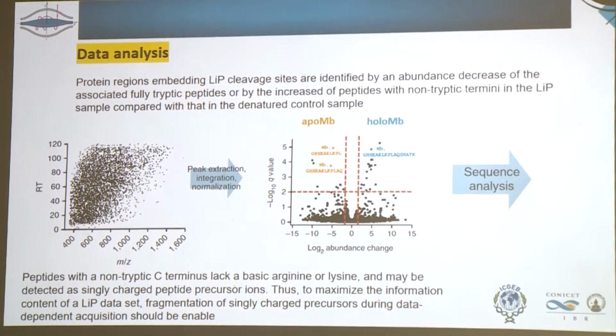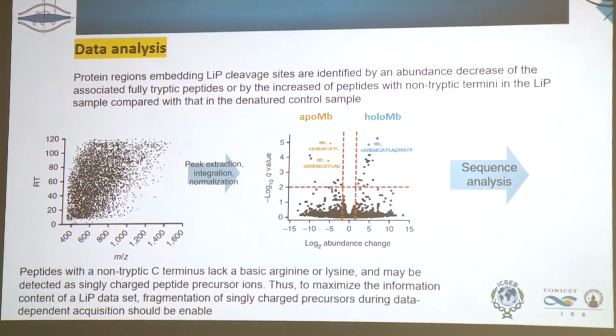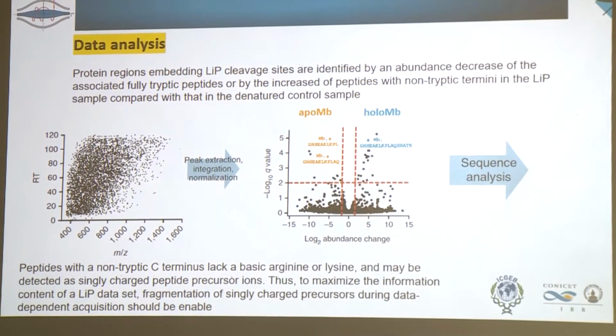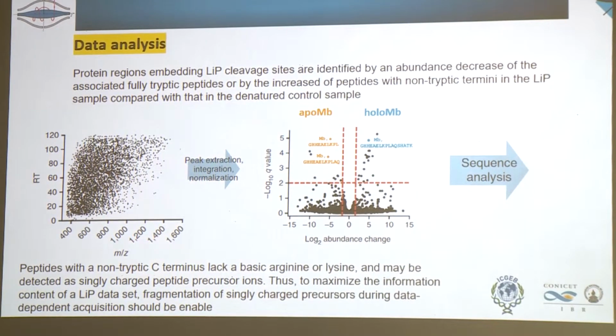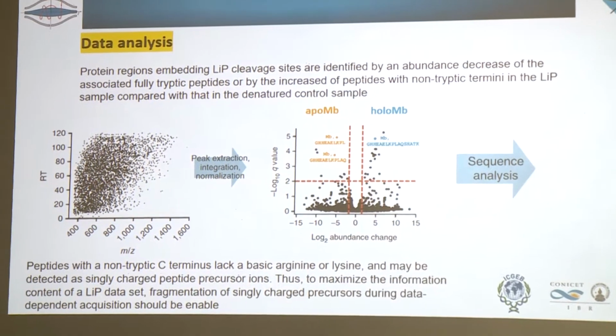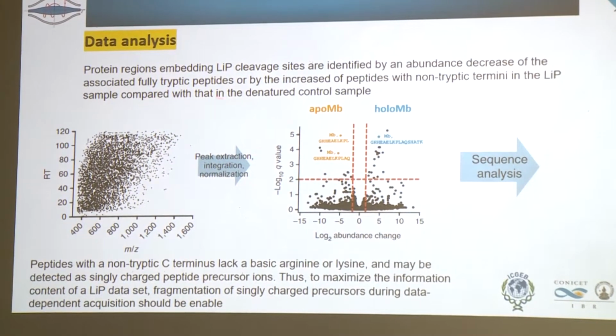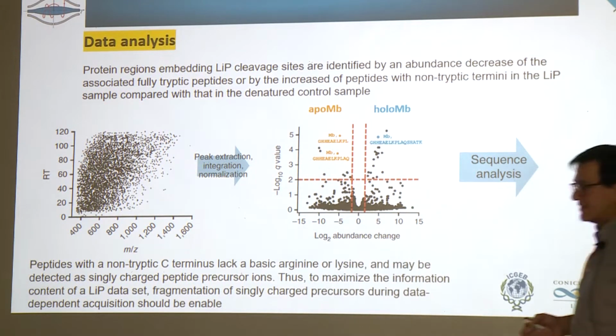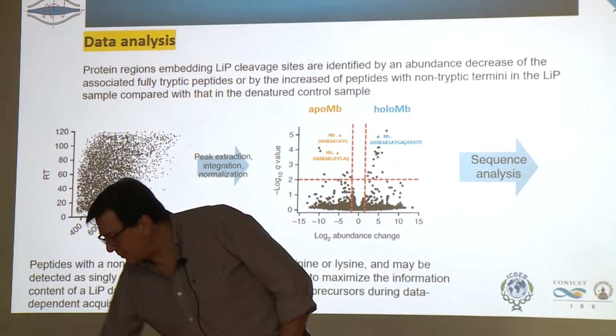So this is only an example. It's not real data. It's simplified to understand what we are talking about. So you have here data of myoglobin in its apo and holo form, and when you perform this kind of experiment in a complex sample,